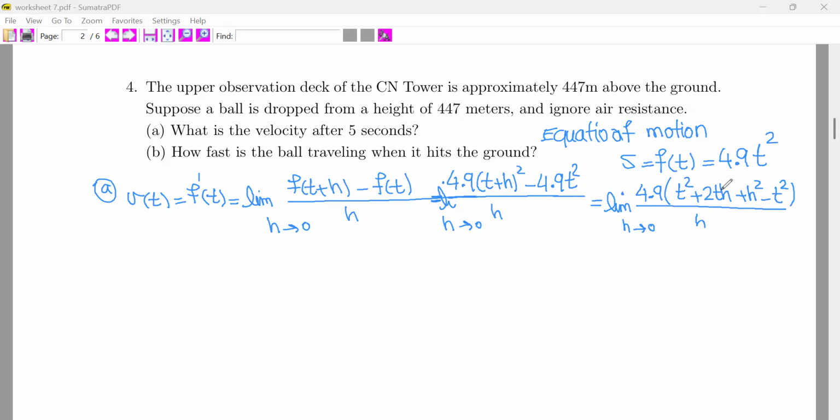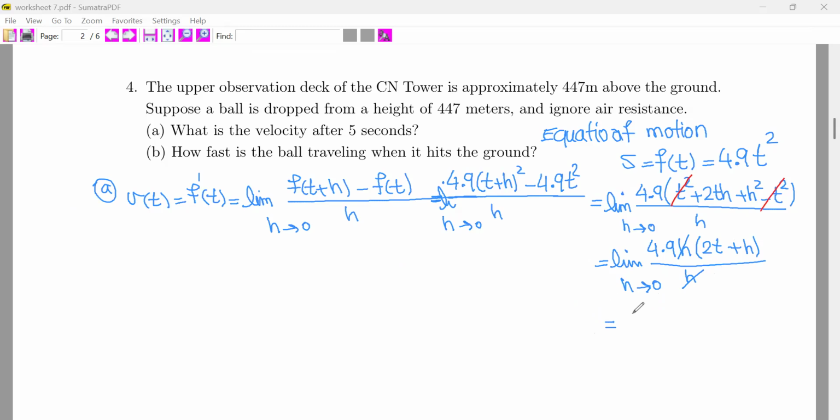Now we can cancel t squared, positive, negative here, and we are going to factor h here. So we would have 4.9 times h multiplied by 2t plus h all over h when h is approaching 0. So we can cancel these two h's here, and after applying h equals 0,